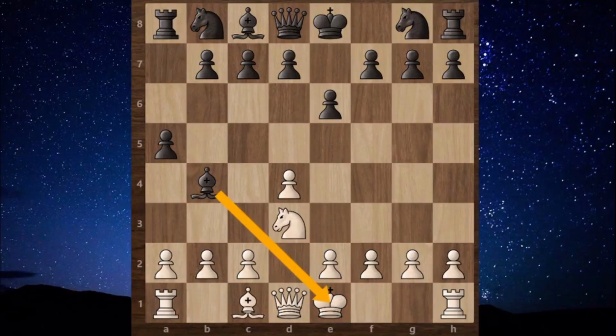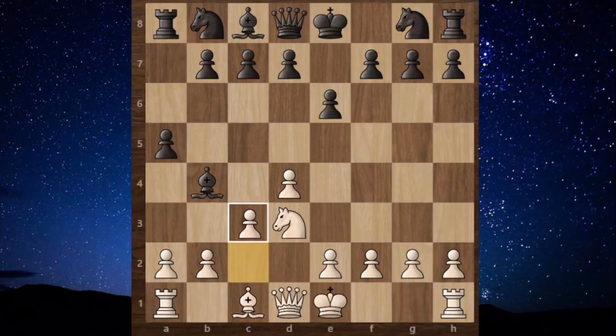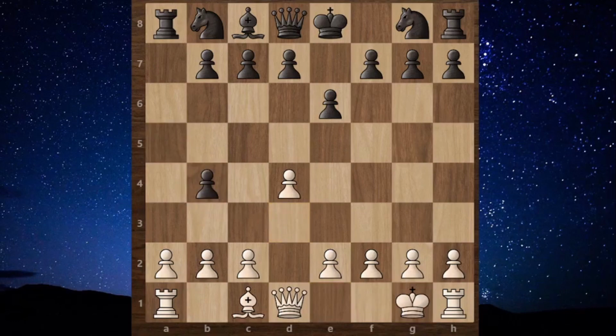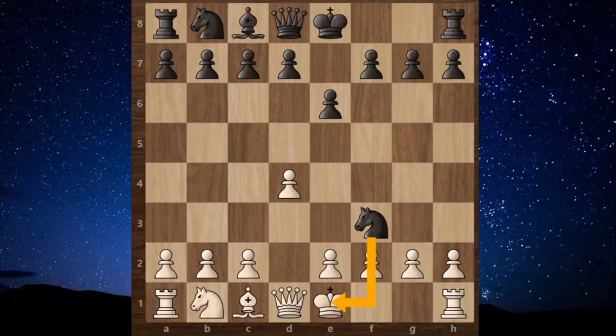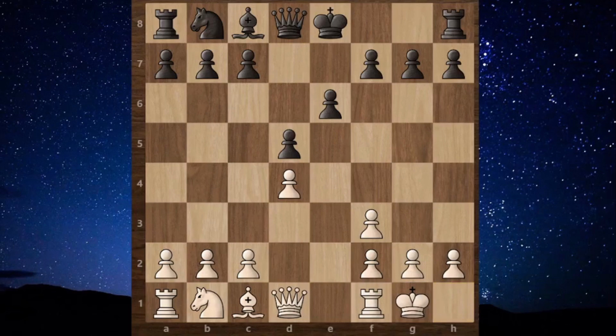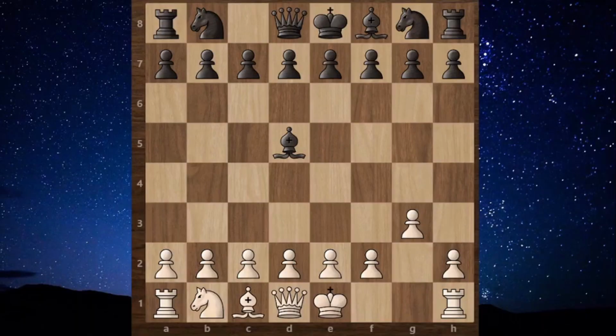Here the king is in check, so castling is not possible. First, you should block the check, then castle, or capture the attacking piece and then castle on the next move. If the king is checked by a knight, then you have no other options. You have to move the king, unless you can capture the knight, then castle. Take note that it does not matter whether the rook is attacked by opponent pieces before or after castling.